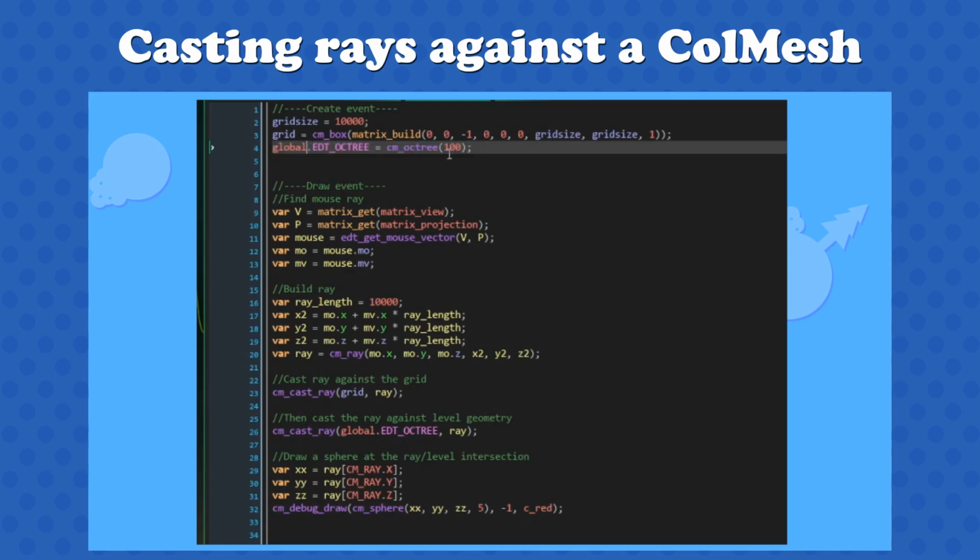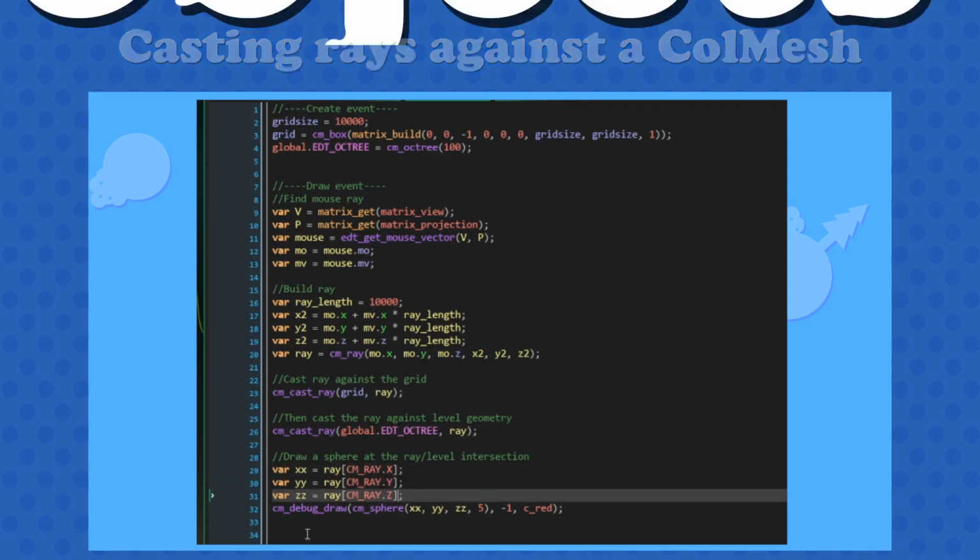This is how I initialize the ColMesh. All functions starting with cm_ come from the ColMesh system. I'm using a subdivision structure called an octree. This splits the level into smaller sections so that you don't have to check for collisions against the entire level all at once. In the draw event, I cast a ray against the grid first, then against the octree, and then at the end these are the coordinates of the mouse level intersection. Now we can use this for